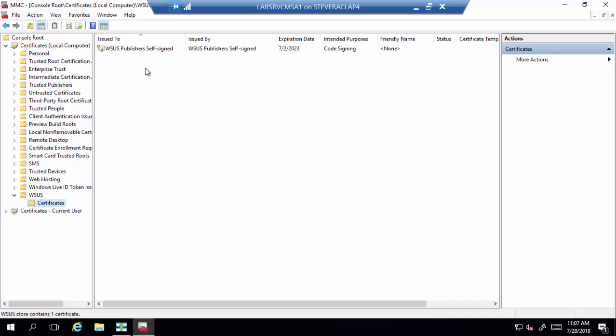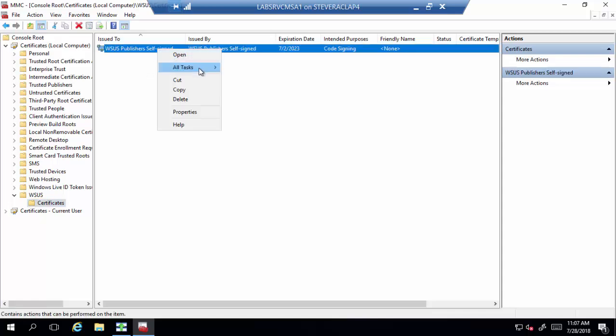So again, if you're using third-party update integration, which we'll talk about in the next session, all of what I'm about to show you with repositioning the cert and so on will be done for you if you're using the self-signed cert. If not, you'll have to do this manually, just like I'm about to, right? So I need to export this cert. So I'm going to export it